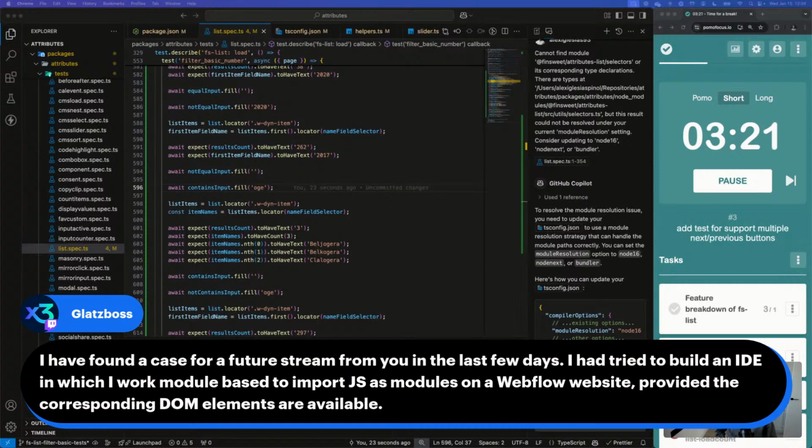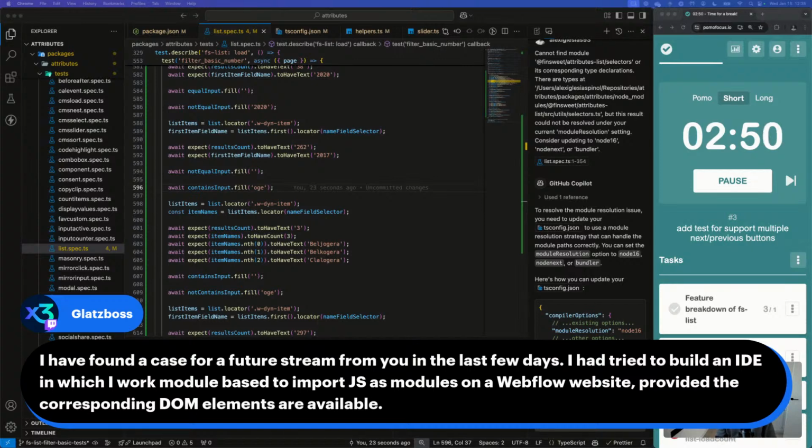So if I get this right, what you're trying to do is load the page and then scan all the DOM elements and see if some DOM element matches a specific setting or attribute value or something, which tells you that you need to dynamically import JavaScript. Is that what you're saying?